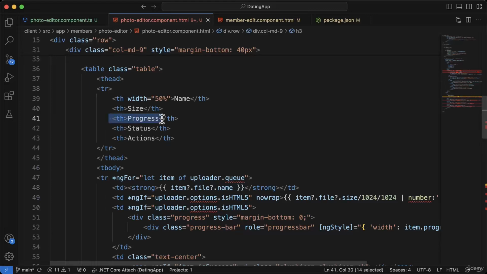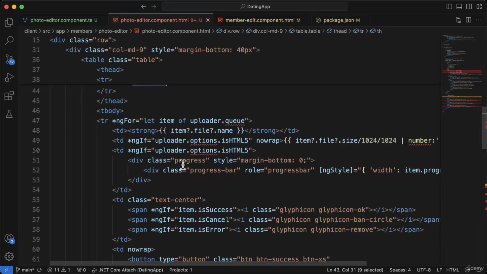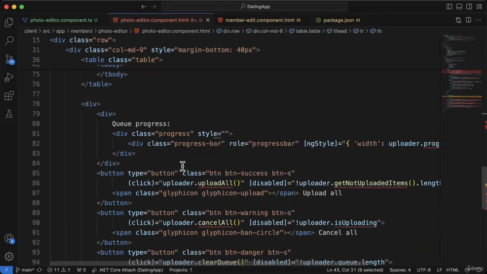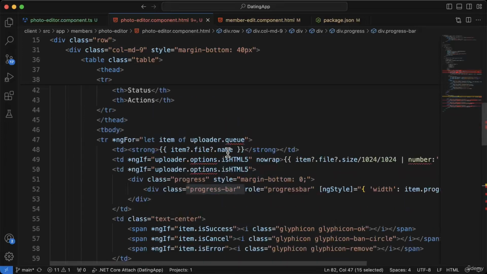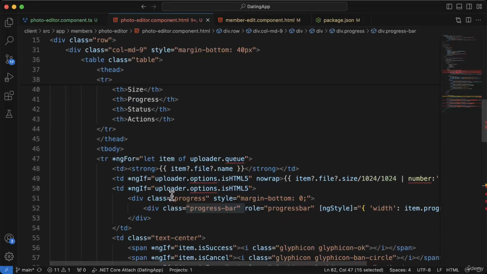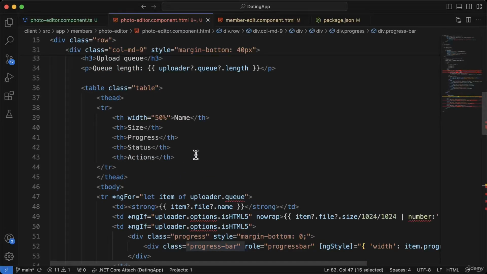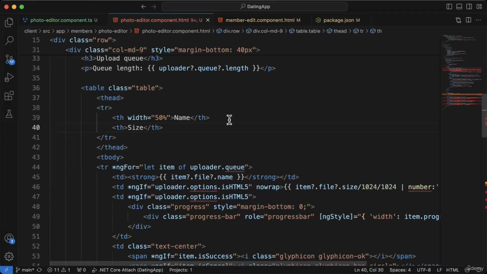Now we don't want all of the options that this provides, and I'm going to take out the progress, the status, and the actions for the individual elements inside this file. We're still going to have a progress bar because we have one down here as well, and we've got a progress bar here, and we'll use that one for the overall progress. We're only going to let the user upload one file at a time anyway. So we're going to take out some of these table columns or table rows and simplify things inside here. So I'm going to take out the progress, the status, and actions table header,